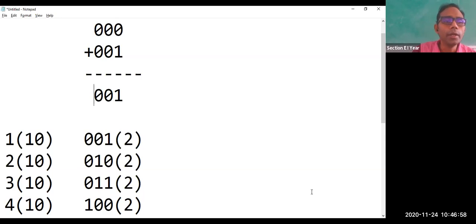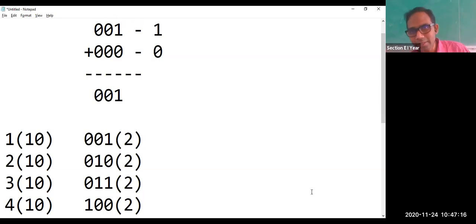No? Then let us add 1 and 0. The decimal numbers 1 plus 0. The decimal number will be 1 and the decimal number will be 0. Decimal 1 plus 0, the result is 1. Here you are adding 1 plus 0, which is 1. 0 plus 0 is 0. 0 plus 0 is 0.